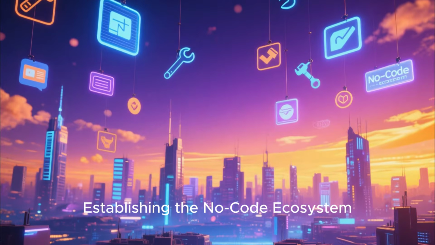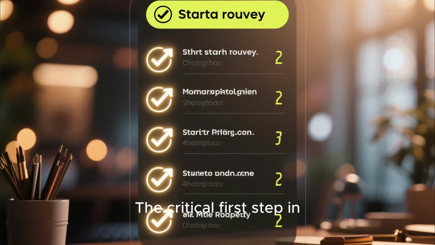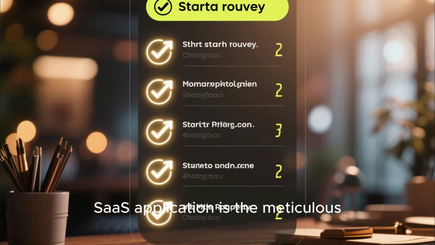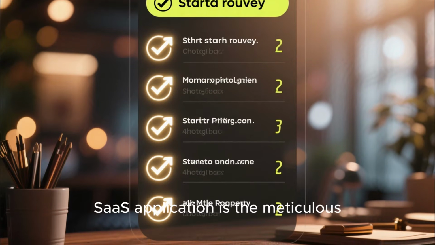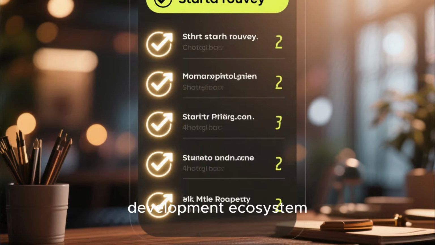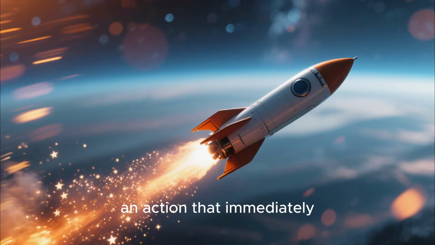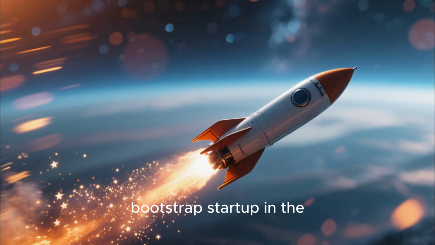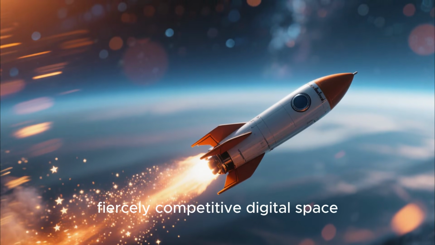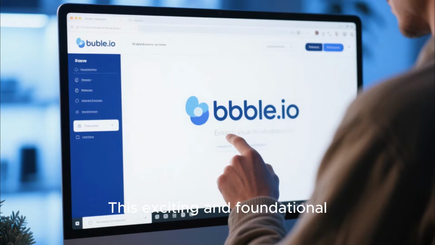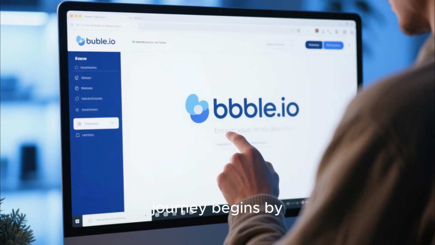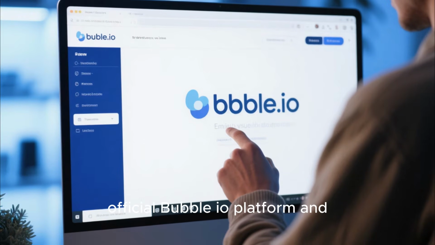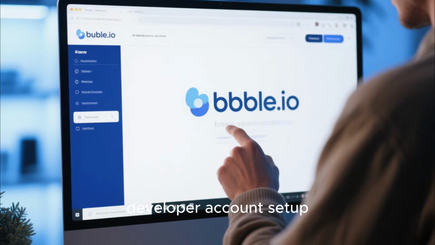Establishing the no-code ecosystem, the critical first step in building your modern revenue-generating project management SaaS application, is the meticulous establishment of your chosen development ecosystem, an action that immediately initiates your entrepreneurial path to a successful bootstrap startup in the fiercely competitive digital space. This exciting and foundational journey begins by navigating directly to the official Bubble.io platform and completing a simple developer account